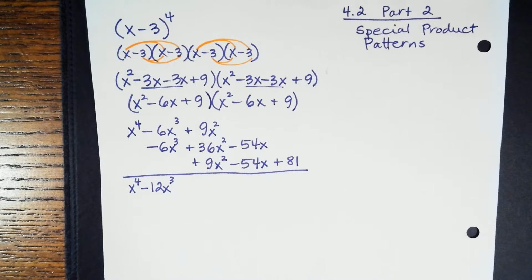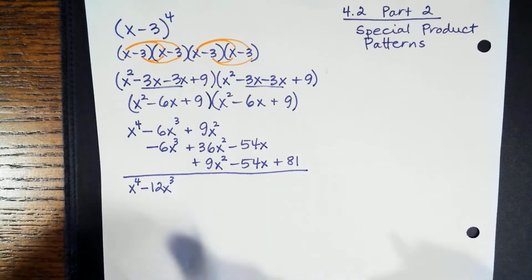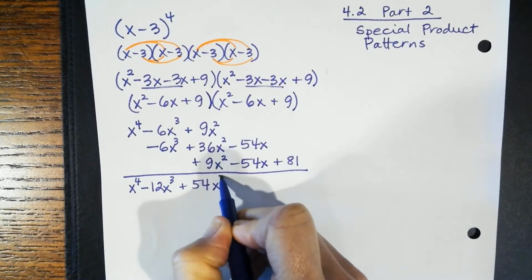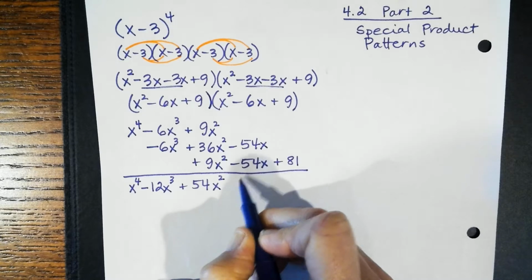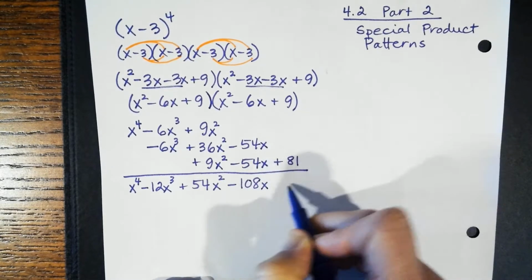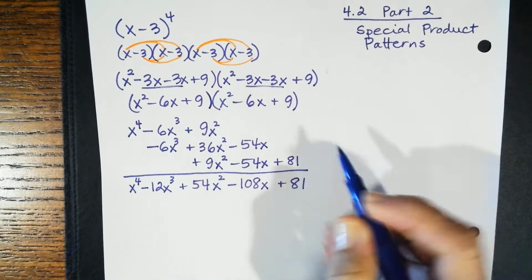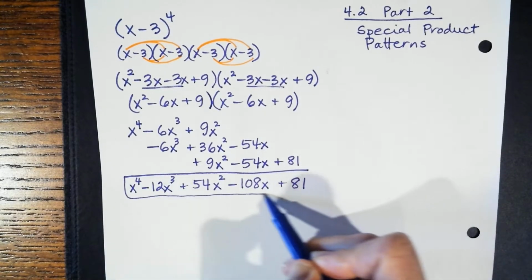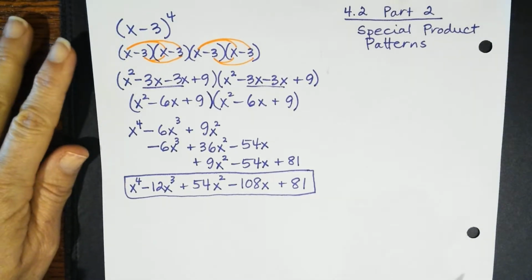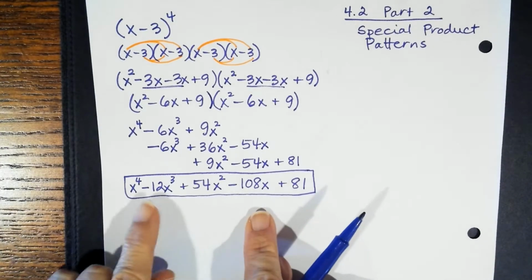54 x squared, and then I have minus 108x and plus, whew, that's my final answer. I end up with 50. Now, a little bit of a pain, you may notice. Well, yes, it is. Now, we are going to talk about some special patterns because there's actually, if you recognize